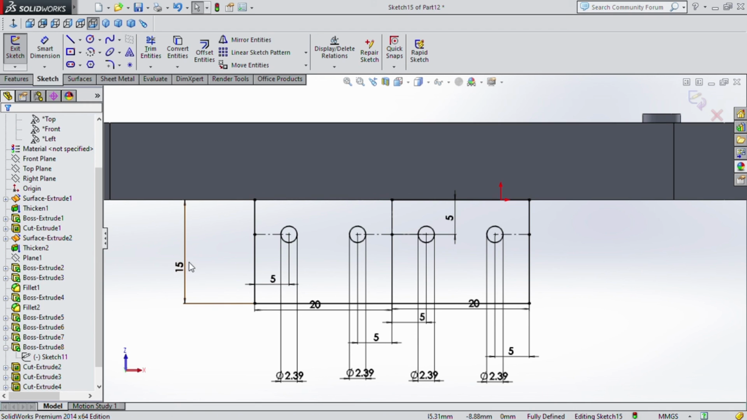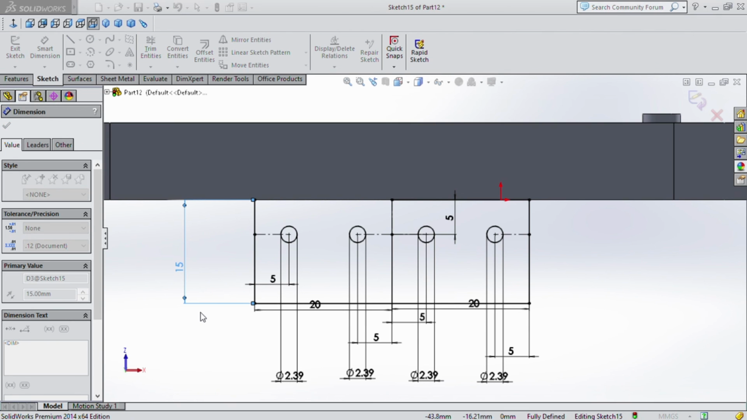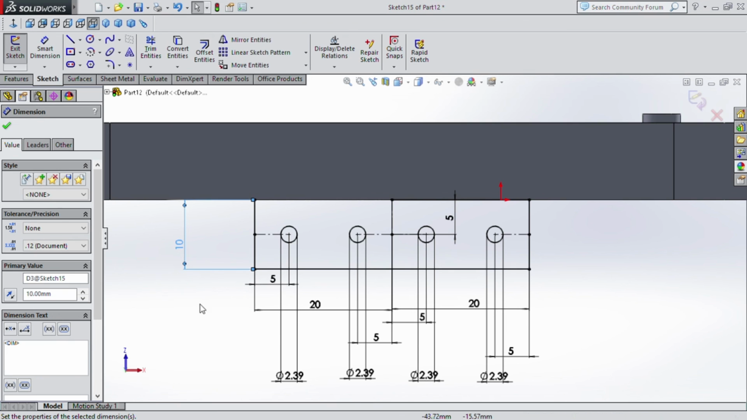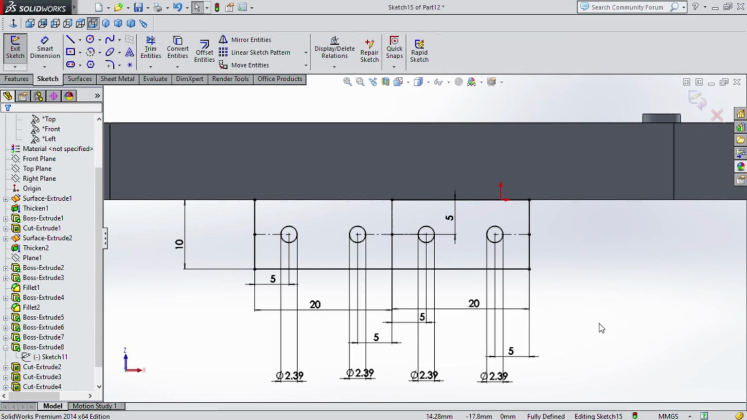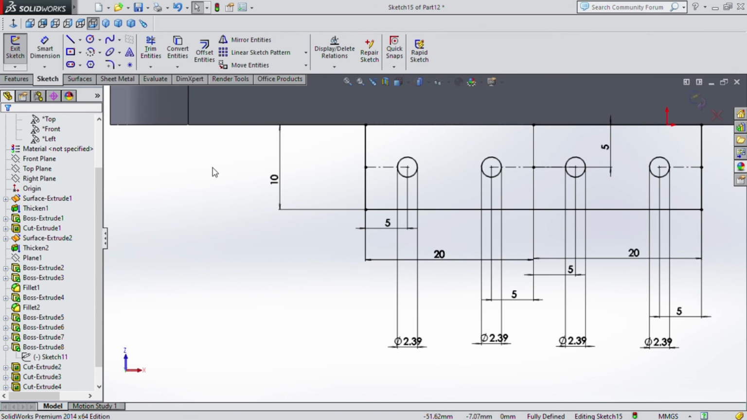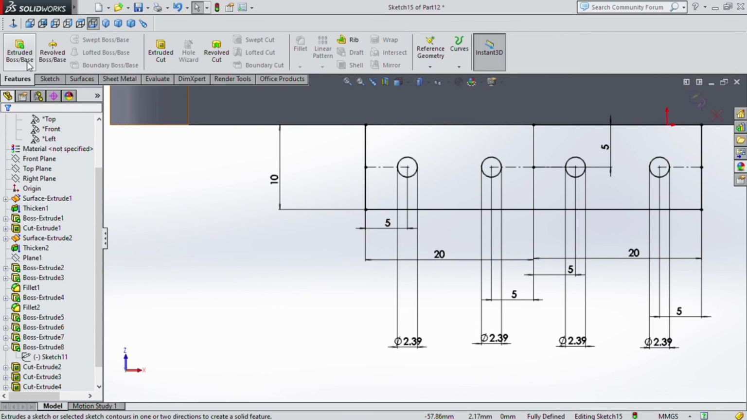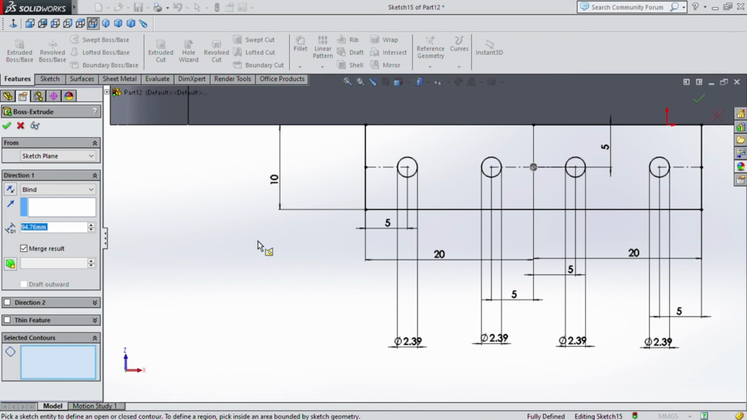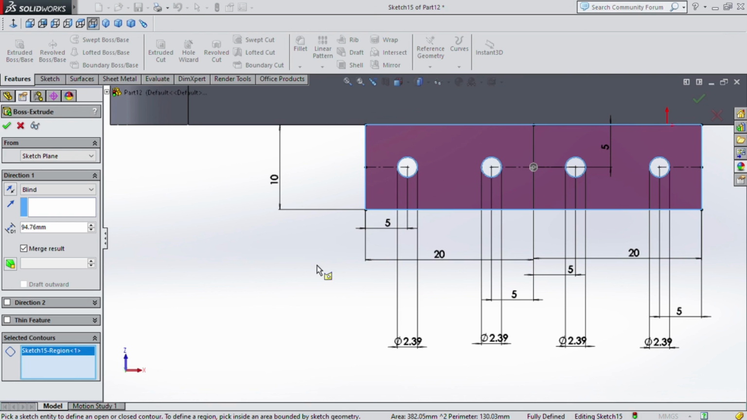Yeah, I just want to change the height of this. And I just right click, double click there. Let's just say it's 10. Okay. And then we are done. And then we go to features, extruded boss base. Then select this contour,